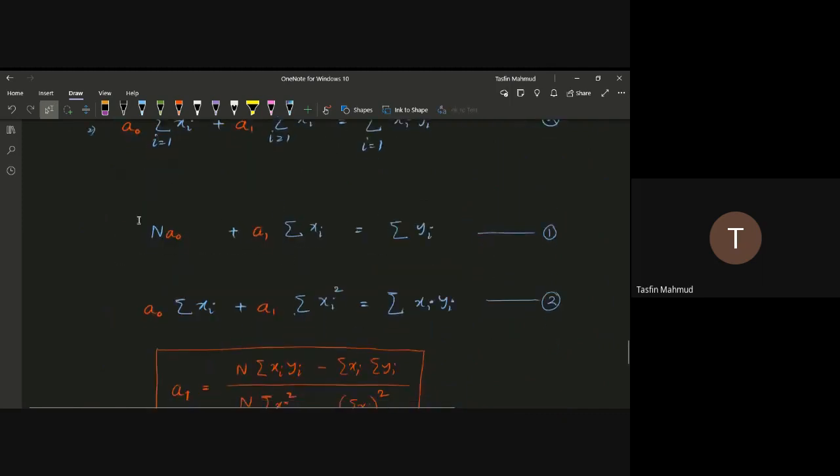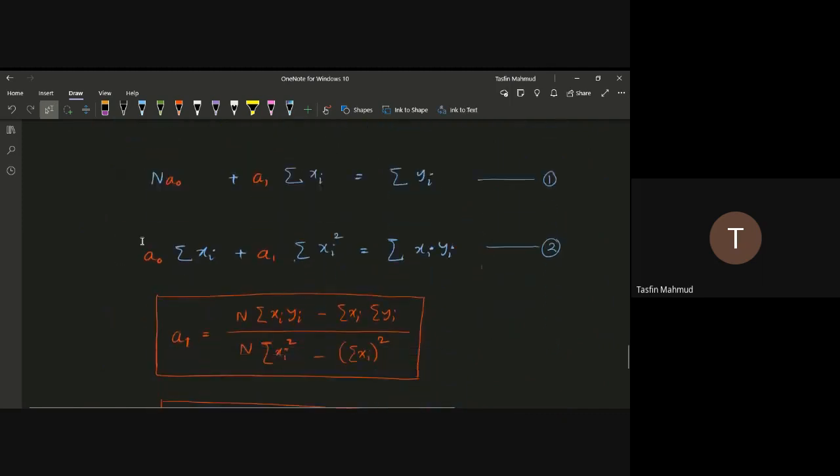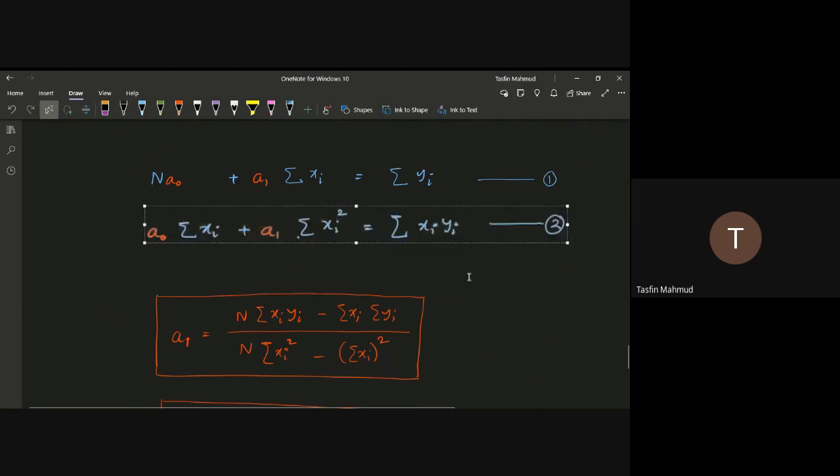তো এখান থেকে আমরা দুইটা ইকুয়েশন পেলাম, ইকুয়েশন ওয়ান আর ইকুয়েশন 2। এই দুইটা ইকুয়েশন থেকে আমাদেরকে এ নট আর এ ওয়ান খুঁজে বার করতে হবে, সলভ করতে হবে। দুইটা ইকুয়েশন, দুইটা আননোন। এ ওয়ান সলভ করলে যেই ভ্যালুটা আসবে সেটা হচ্ছে এমন টাইপের। এটাকে আমরা সাবস্টিটিউশন মেথডে সলভ করতে পারি।